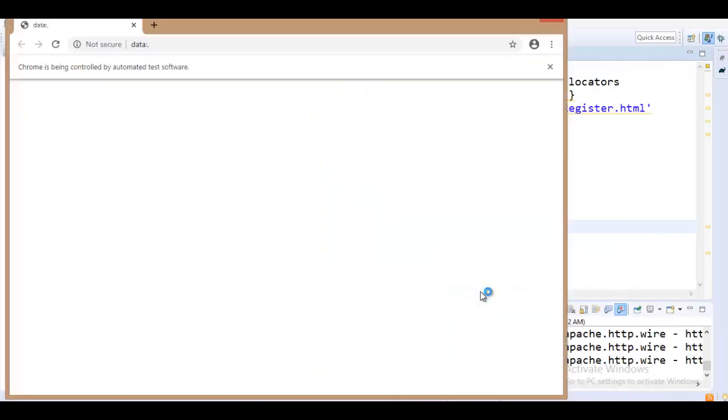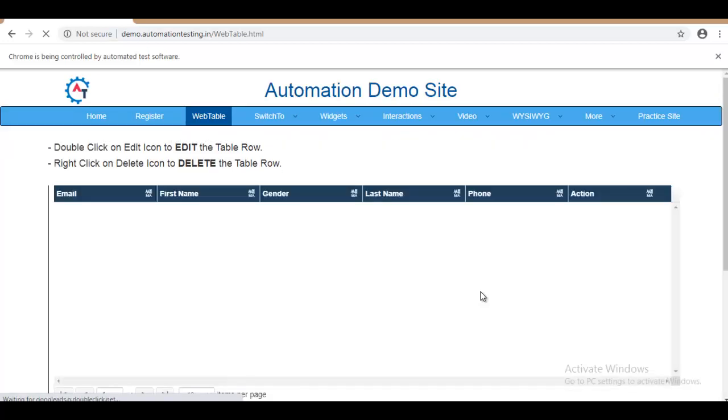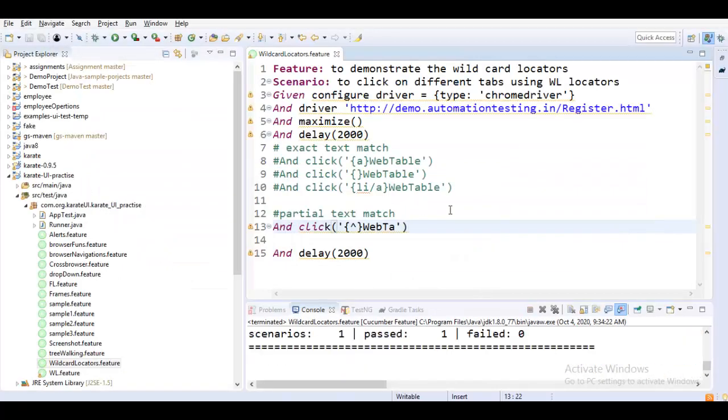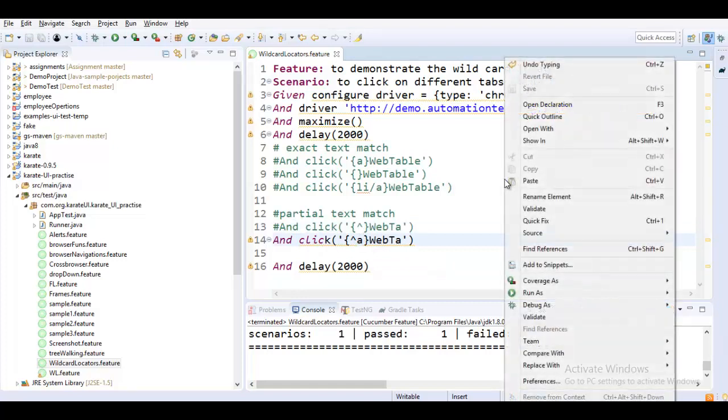So one time you can pass in the tag value, the other time you can skip that, and also you can specify the parent tag and slash the current tag. So that is the other thing you can do as well. We have landed on the web table page, and now I can say that this is an anchor tag. So let me copy in another line. This is kind of specifying the tag as well.